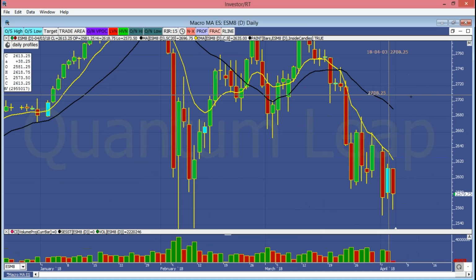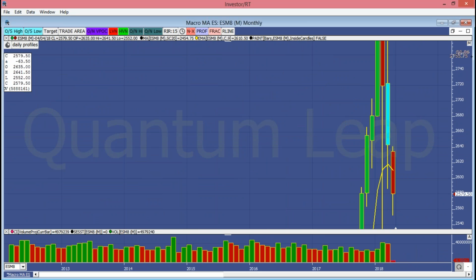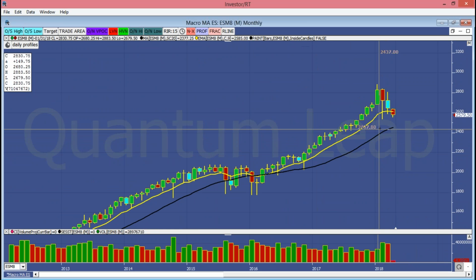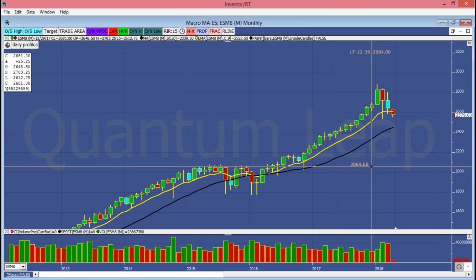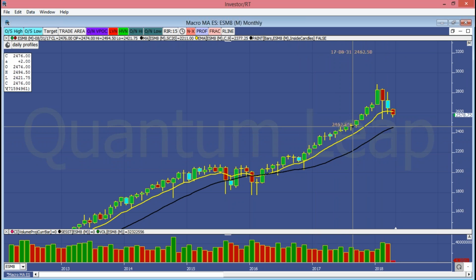Taking a look at the macro to the micro, I always like to start my day, as you know, with a simple candlestick chart. And I start with a monthly. I use a 9 EMA and a 20 SMA. I don't trade off the moving averages. I use them for homework and to give me an idea where we are in each time frame in terms of the trend. Do we have good slope and separation? Is price paralleling the 9 nicely?